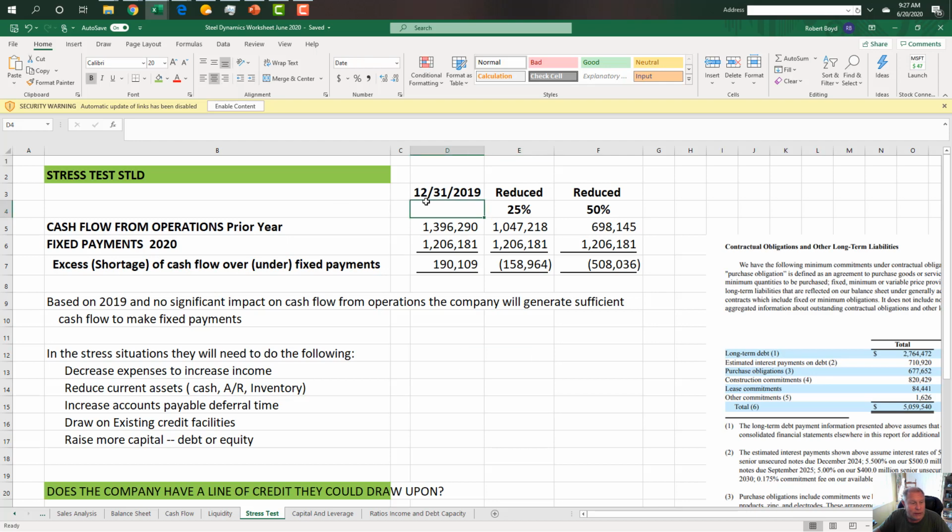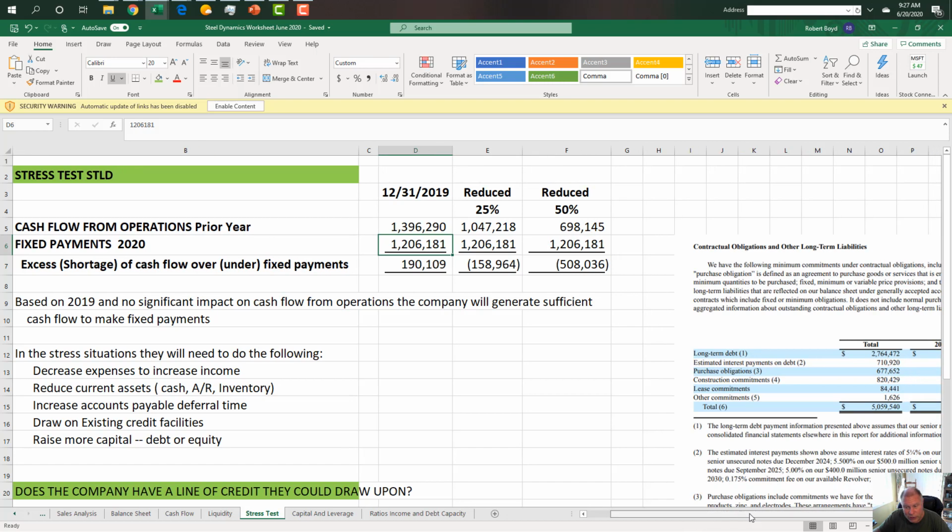So the first thing I did is I went to the cash flow from operations, and I went to the cash flow statement. I linked it here, and it was $1,396,000. Next thing I did is I looked for fixed payments. Now, fixed payments are in the 10K in the notes section, and it's a required disclosure today. And when we look at it,